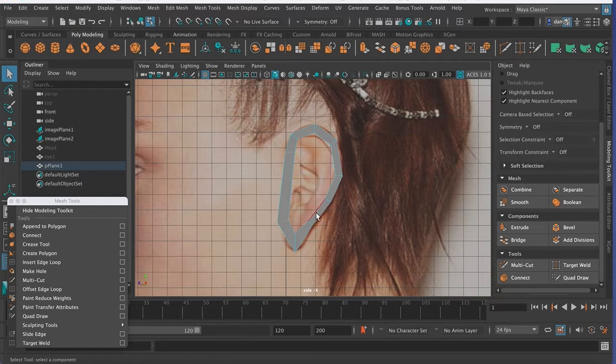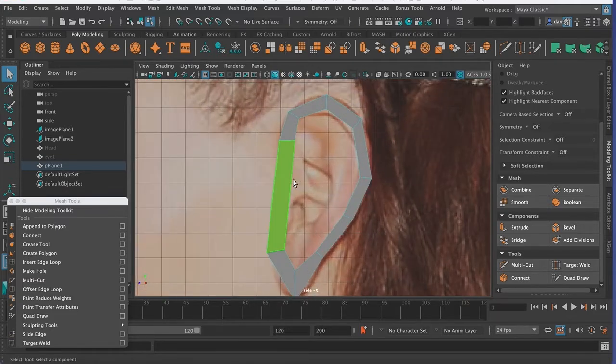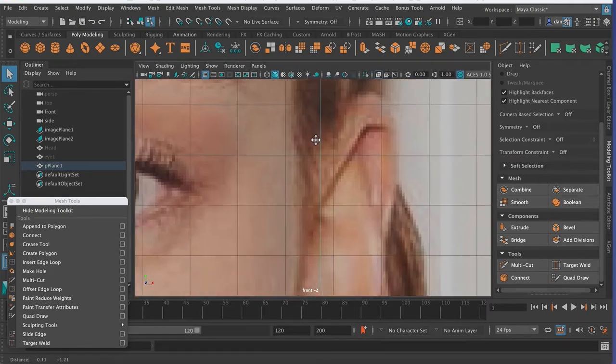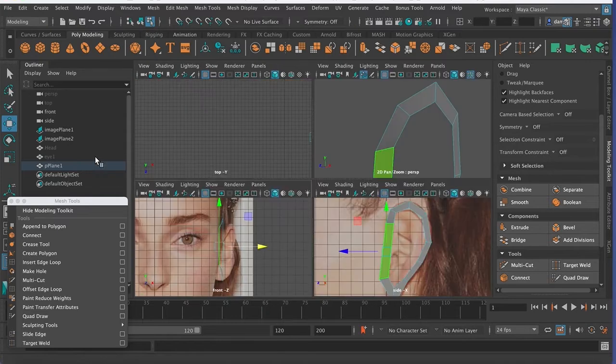And so we have it from the side view, and so now it's good just to check the front view and shape it up a little bit. And so the way I do that is I'll select this face right here, and I'm just going to go over to the front view, and I'll press W, and I'll just move it in a little bit. The front view on mine is not going to totally line up, and I kind of trust the side view a little bit more on this, but I'm just kind of using this reference as more of a broad guide right now. And so I can see that if I go into 2 view,